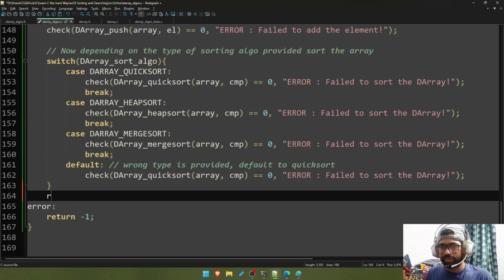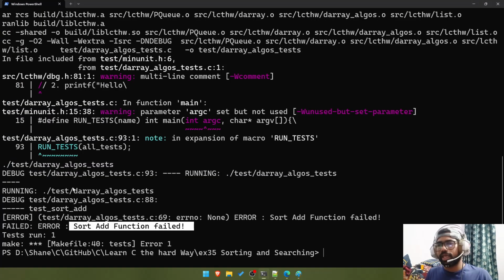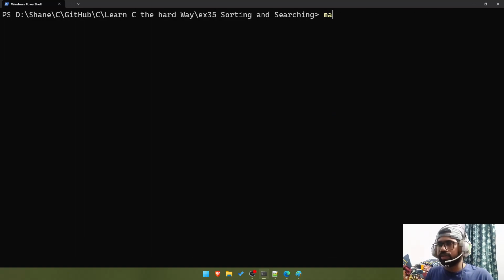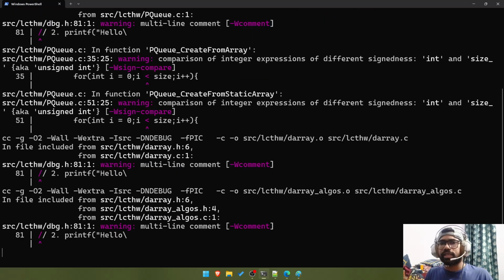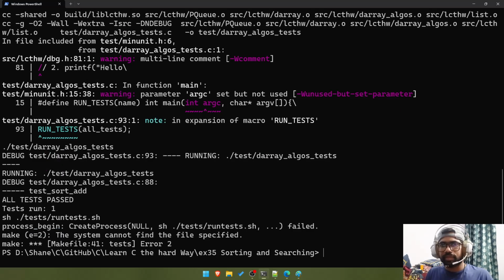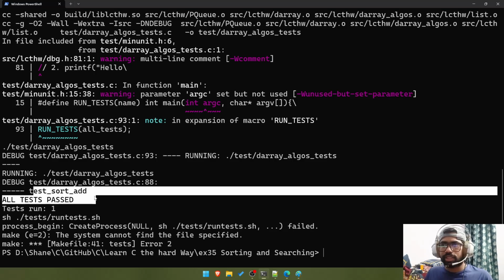Oh, of course, and return 0. That's why. So we go clear, make, right, all the array algo test sort add. Okay,